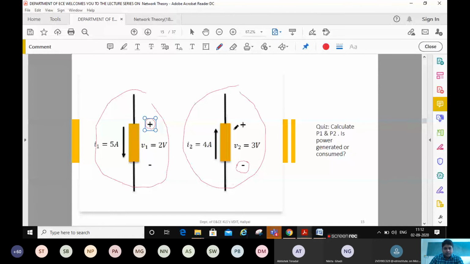If I change the polarity, for example, if I put plus instead of minus, this is the same as V1 equal to minus 2. Why is it minus 2? It depends on the direction with respect to the current, how you are referring to it. In that way also you can predict with respect to the polarity given. So the simple passive sign convention is: just look into the current direction, the current flow.